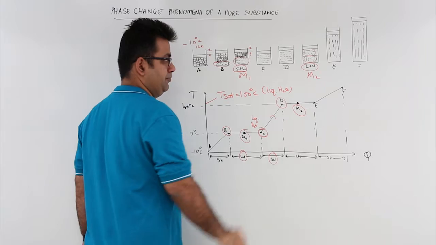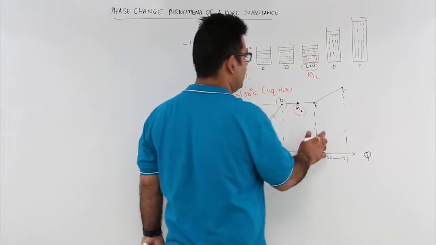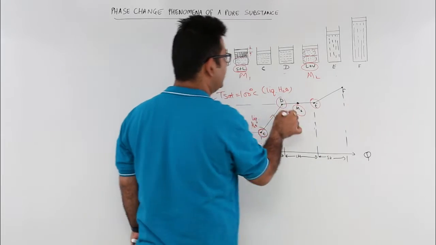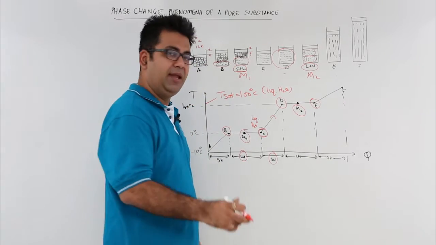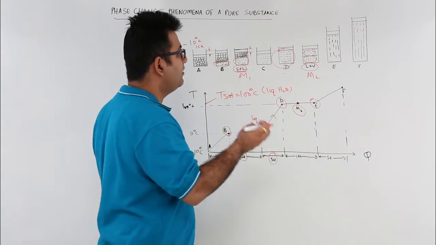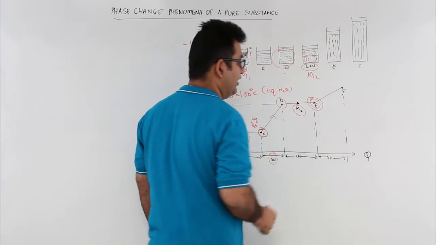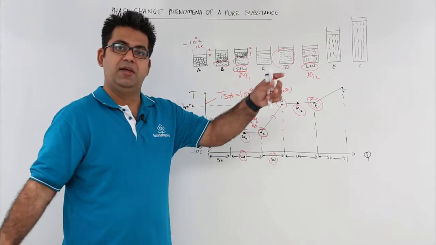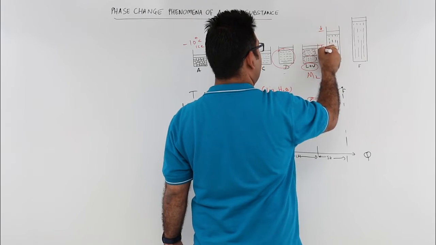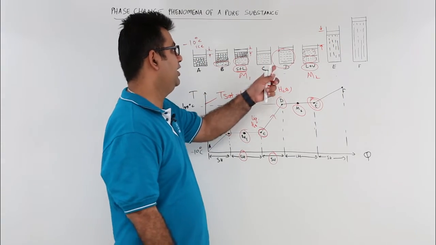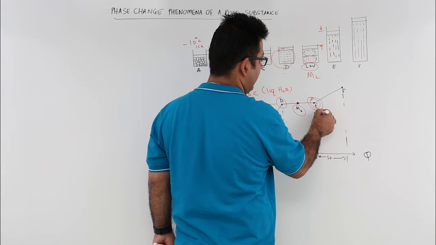This was M1. Right, now at point E, what happens is, when you come from D to E, the entire liquid now changes into vapor entirely. We recognize a considerable increase in the volume because the specific volume at this state is very high. So it expands further. So this is what happens. There is a considerable increase in volume in going from state D to state E. Now this is entirely vapor. So this is 100 degrees Celsius